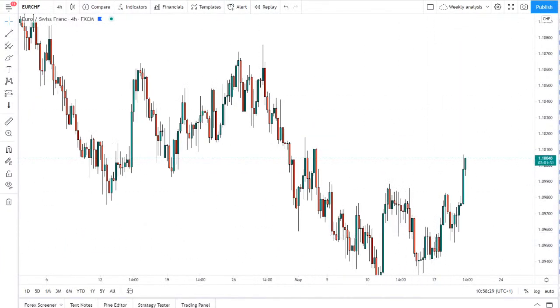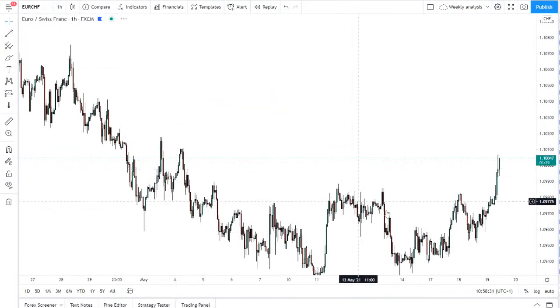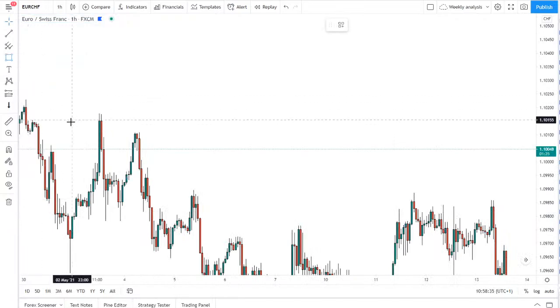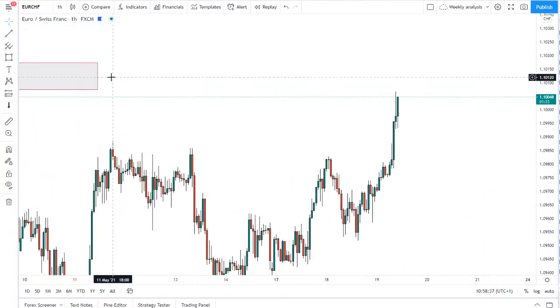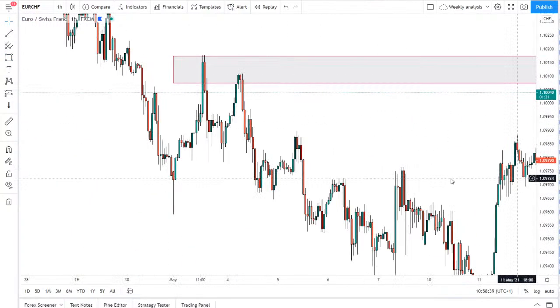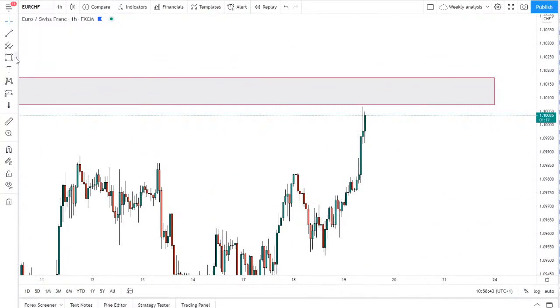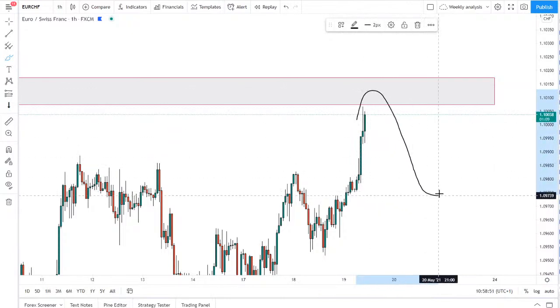I'm expecting a bit more to the upside there. We're coming into these levels here where we did see some strong bearish reactions come in, so might see a bit of a bearish reaction there, because again, we've had this big push to the upside, creating some new highs past these highs over there. So we are due a retrace, so could come into here, a bit of a retracement,